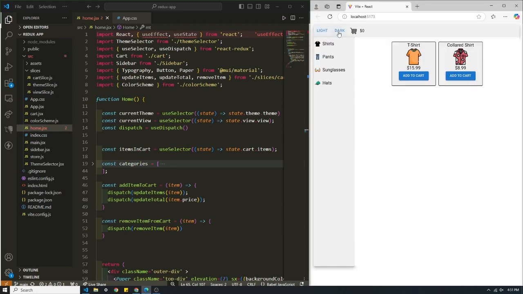You've got your theme selector, light and dark. We can add items to the cart. We can remove items from the cart. And I'm just going to use this as a basis to explain what Redux is, how to set it up, how you can start using it in your applications. So let's jump right into